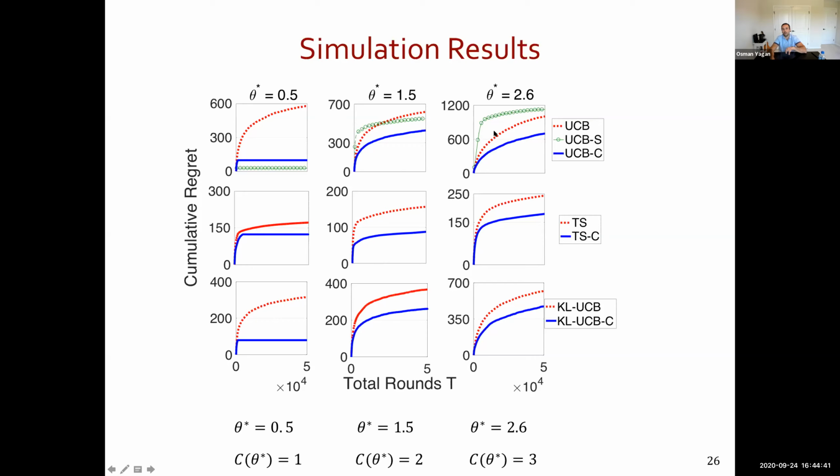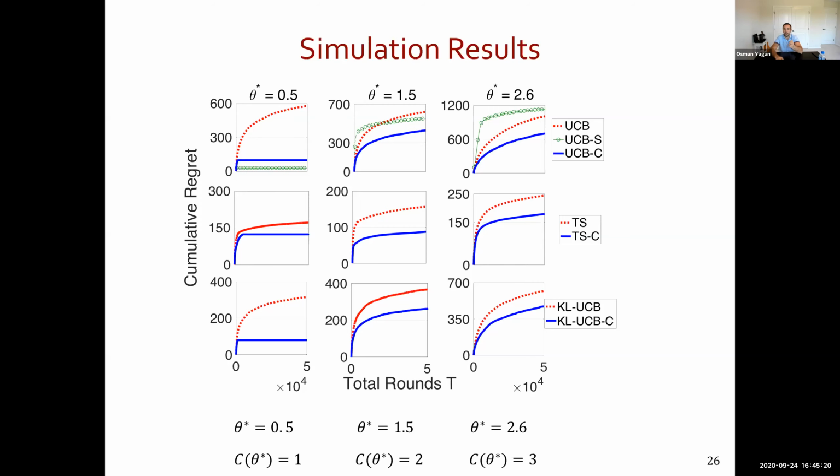But what we can conclude from this figure is that the UCBS algorithm may turn out to be the best, as in this case. It may turn out to be worse than our algorithm, but a little bit better than the classic UCB. But depending on the theta, it may perform even worse than the UCB that it is extending to the structured case. So if you are given a structure, technically you should never be doing worse than the classic bandit case. UCBS doesn't follow this intuition, and depending on the true value of the theta, it can perform quite differently.